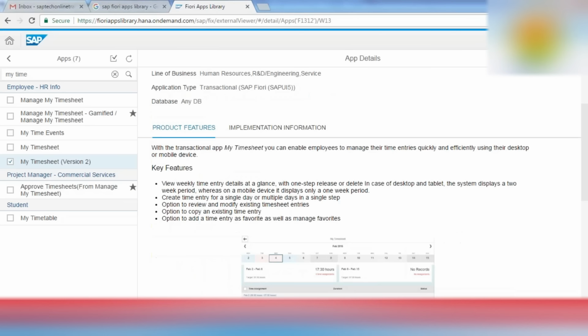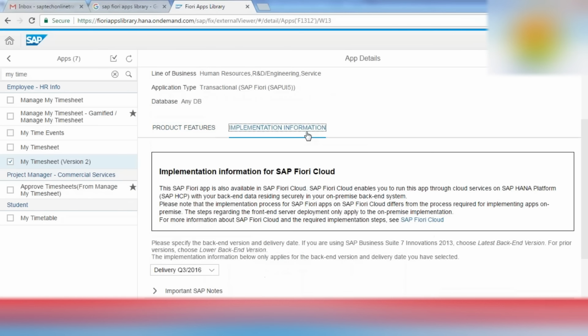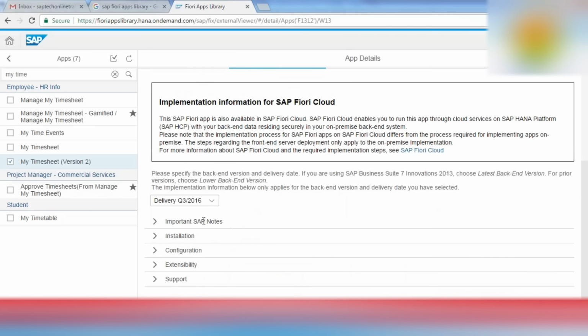There you need to explicitly deploy particular applications for particular roles for particular users. So how to deploy? For that you need to go into the implementation information, and for each and every application you will find four basic options: installation, configuration, extensibility, and support.